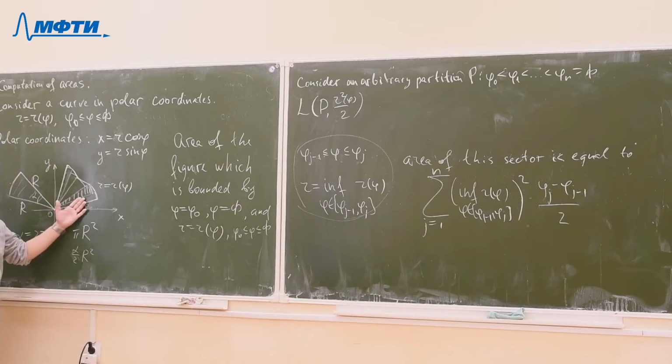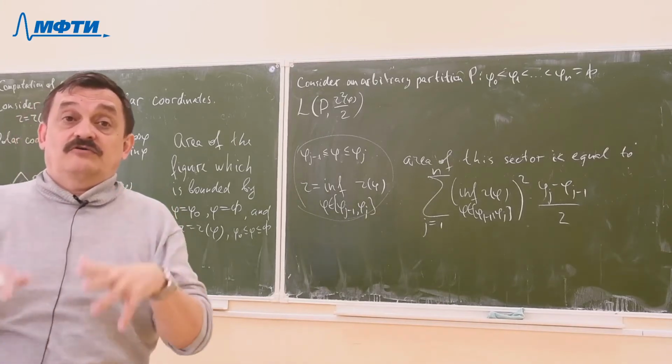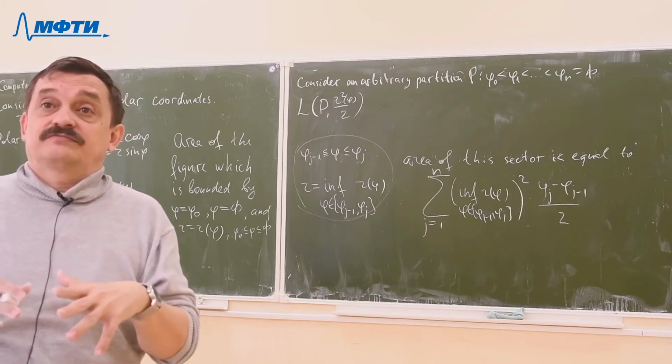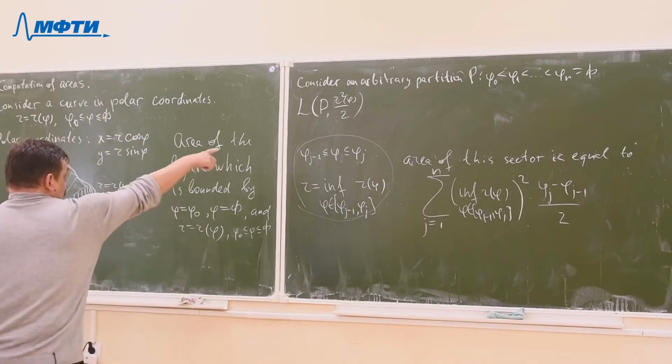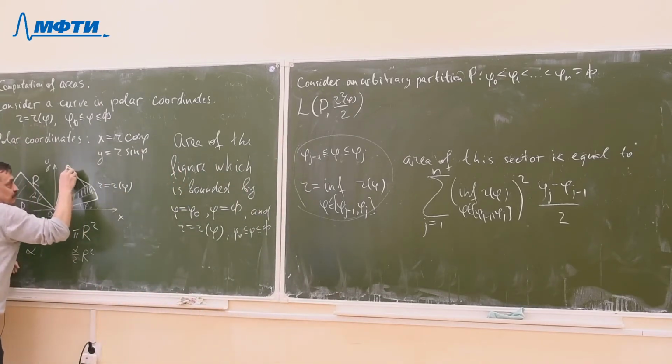Namely, they give areas of such figures, figures which consist of sectors, and all those sectors lie inside our given figure, right? So you see, what is this Darboux sum? That is precisely the area